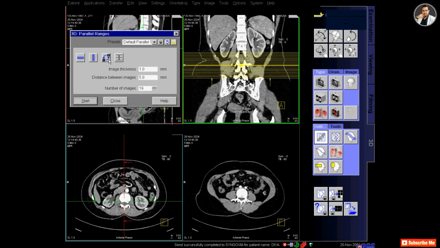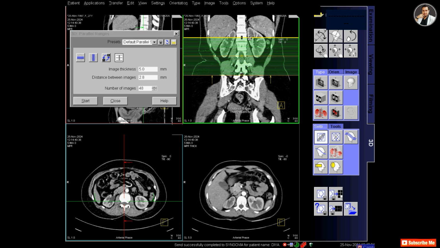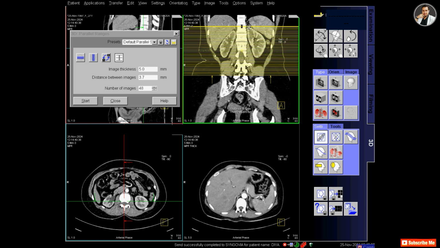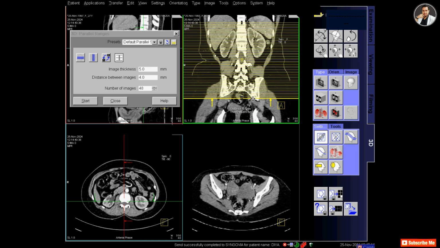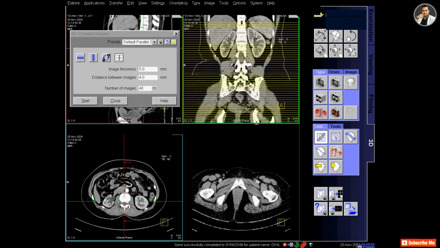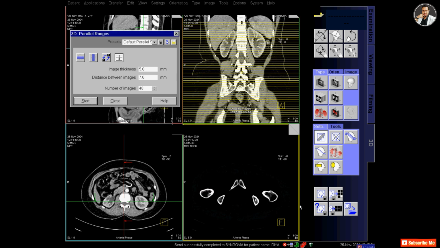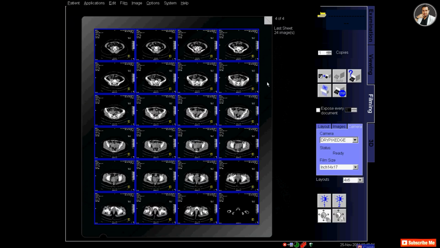And again, just like the non-contrast film, I will make axial images planning over the coronal image, and I will select the slice thickness 5 and number of images 48 and drag the first slice over the kidney and covering also the adrenal gland, and drag the last slice to the symphysis pubis so that the whole of the bladder is covered, and click start, and my arterial phase images have been created, and I will save and send it to the filming.